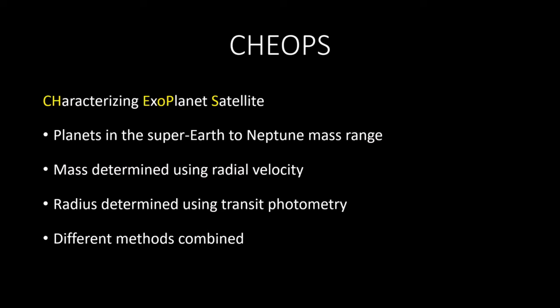The mass is determined using the radial velocity technique, but this is already provided and it is not part of this mission. The radius, however, is found by transit measurements done by this satellite. Then, the mass-radius relation can be used to determine the density of the planets, which can tell a lot about the composition. For example, a planet with 5 times the mass of Earth, having 50% of solid terrestrial composition and 50% of water vapor, has a radius approximately twice as large as a planet of the same mass, but with